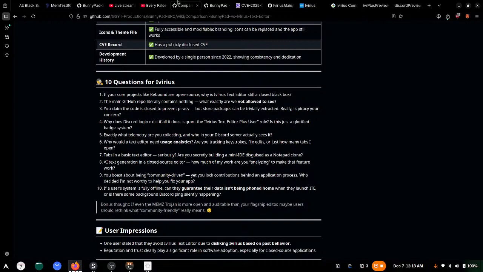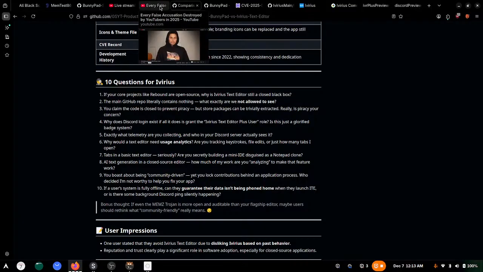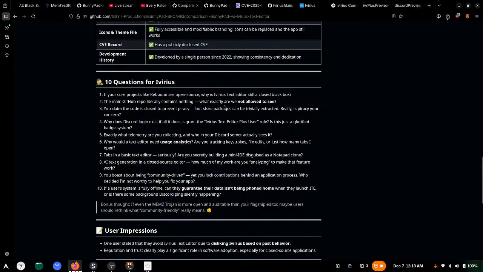Just not to say that you're sending my documents to your own Discord server. You boast about being community driven, yet you allow contributions behind an application process? Who decided I'm not worthy to help you fix your app? In fact, let's just say that you yourself don't have 10, 20, or 30 vulnerabilities that we can't vet,